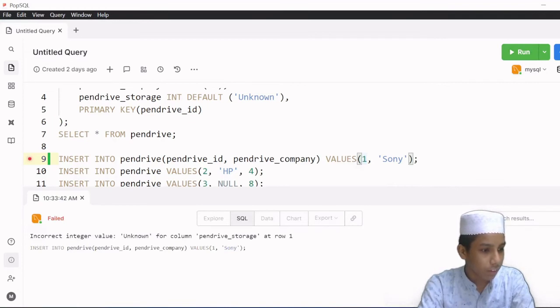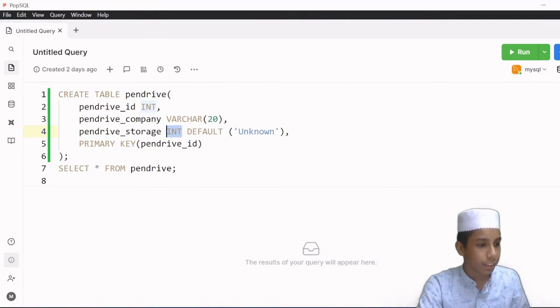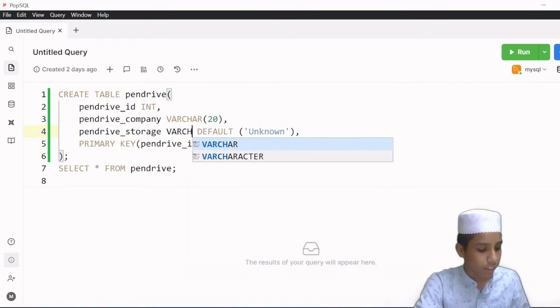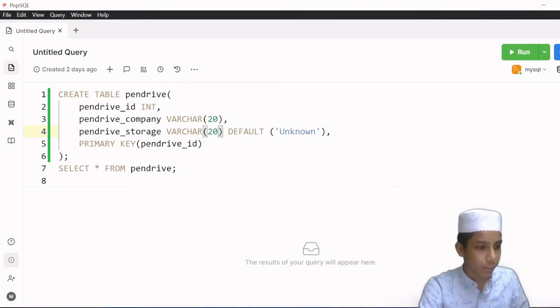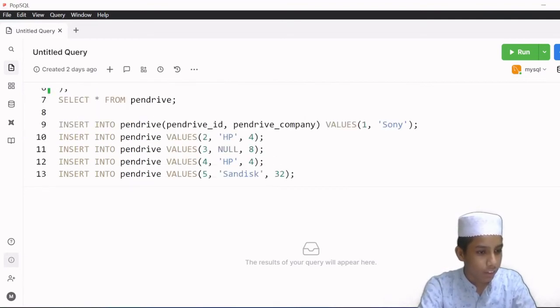Incorrect integer value: unknown for column pen drive. We are getting this. Okay, we want int. So instead of int, let's give varchar. Let's give varchar, and again I will be giving 20 characters here, and now I will be giving here instead of that